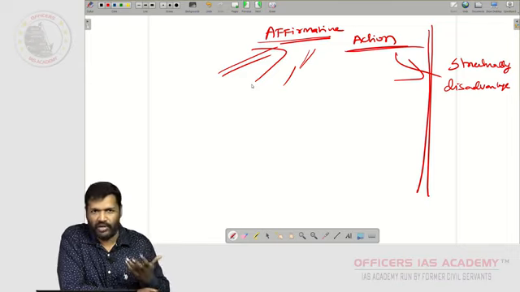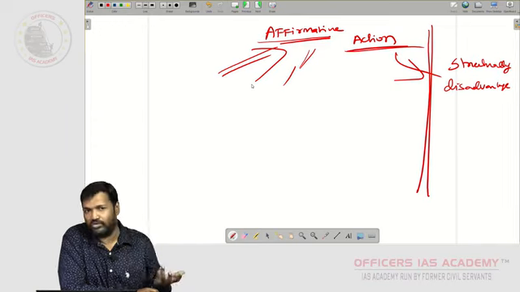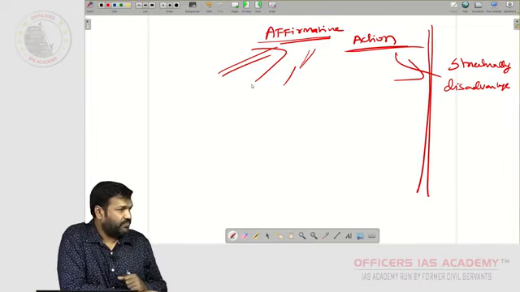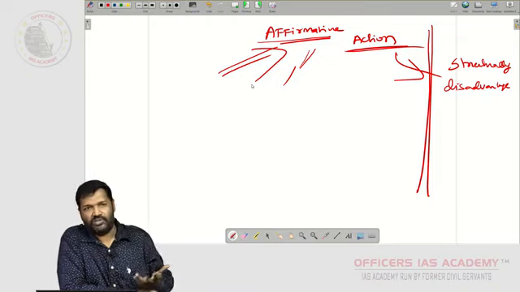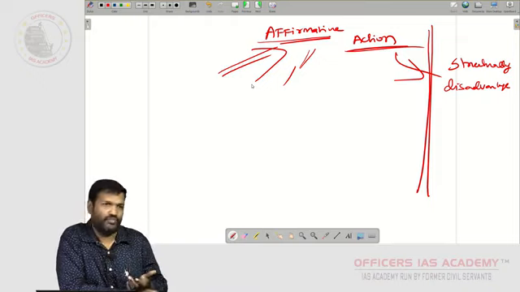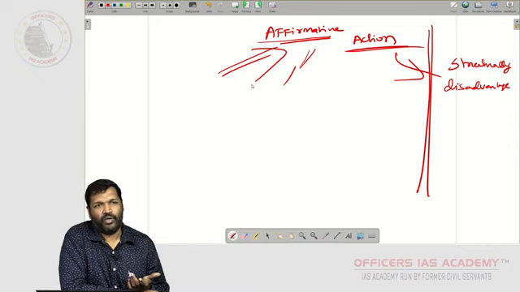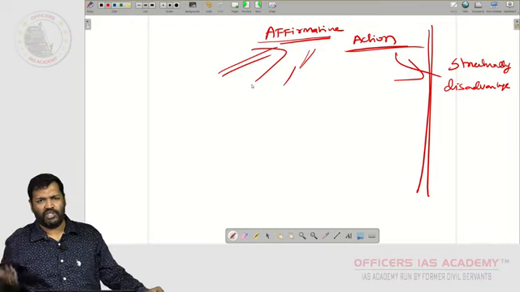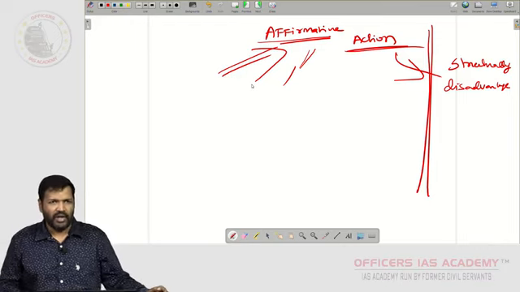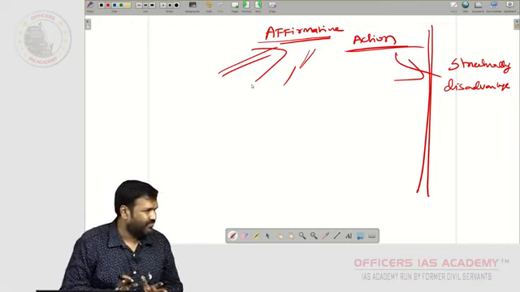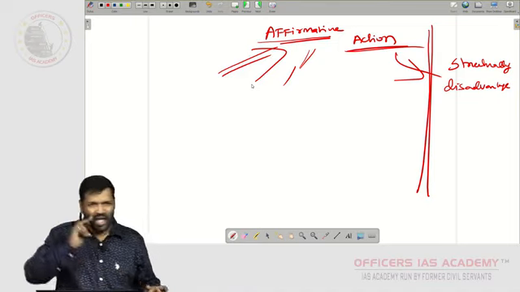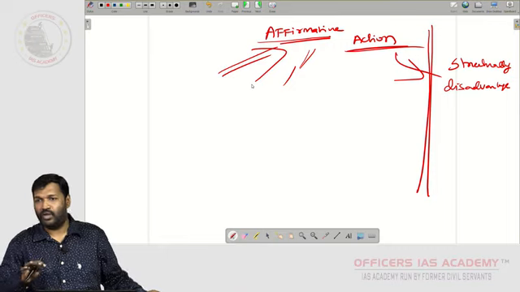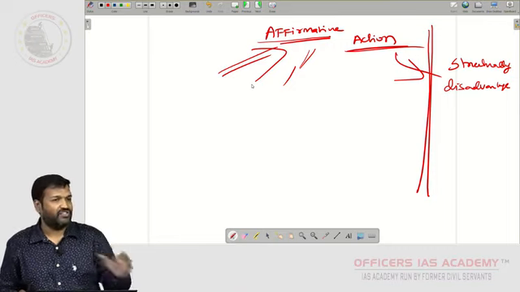Any doubts in developing any point of view? Why is it so? Why should it not be like this? Ask me, I will answer that. Why does this happen? Why is such kind of advantage given? Simple logic: for any affirmative action that you think of, any government scheme that comes, how do you immediately analyze it? As I already told you, ask this simple question: what if it is not there? Then you try to find answers for that.